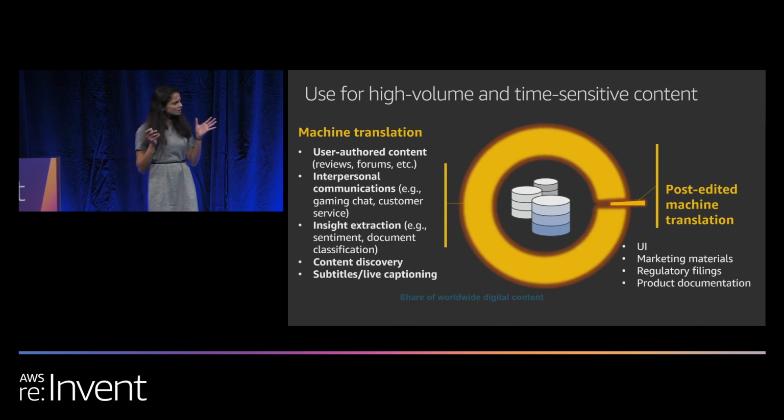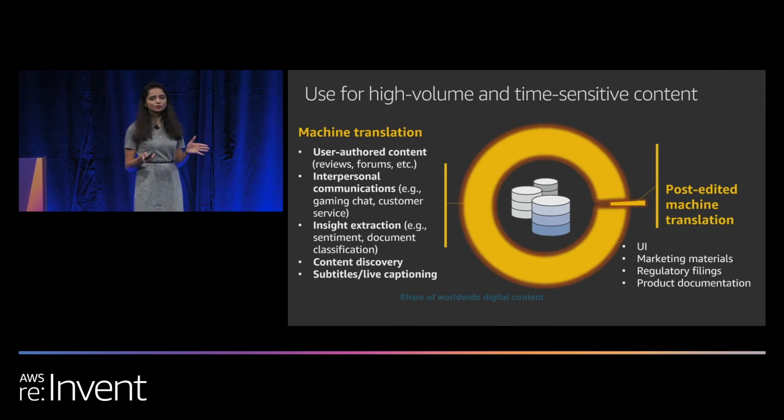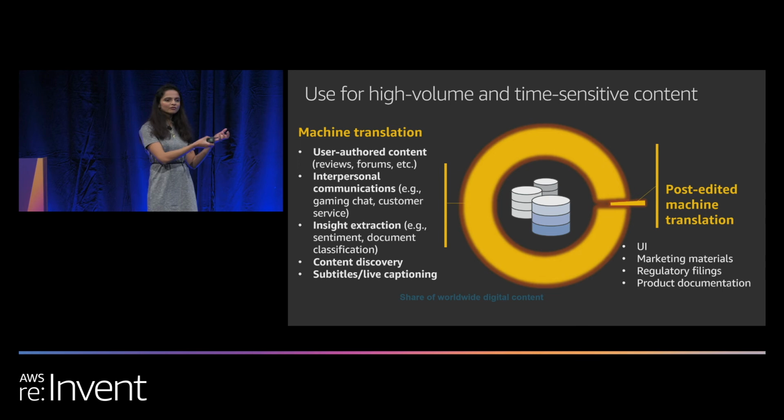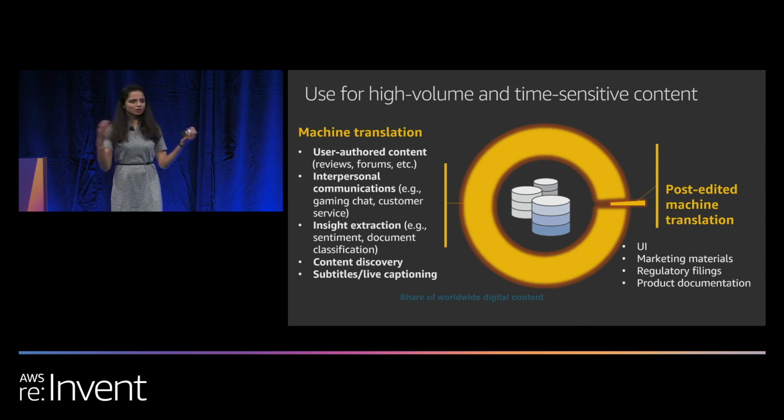And what makes Amazon Translate so successful, right? Amazon Translate shines when there is a large volume of data, like reviews and blog posts. You just put it into Amazon Translate, and it translates that and gives you back the result. Also, if you have data which is quickly getting created and deprecated, for example, live streaming. Something is getting live streamed, a video, you can have Transcribe give you the captions, and translate it in real time. So you can do real-time translation of those videos using Amazon Translate.